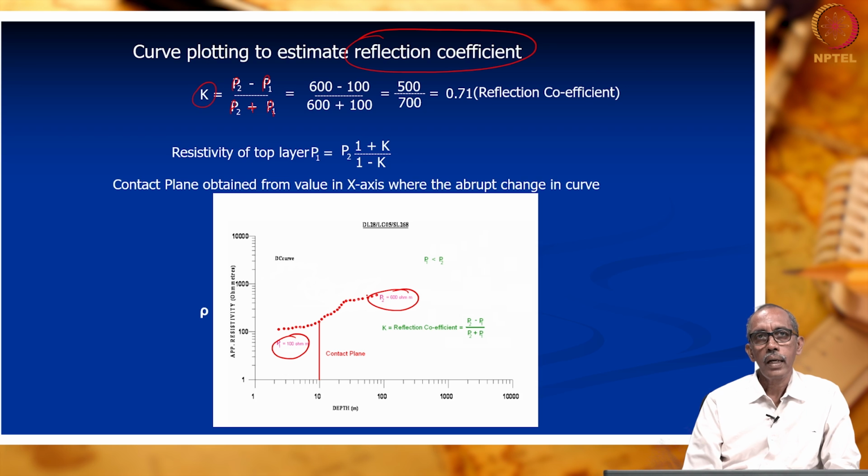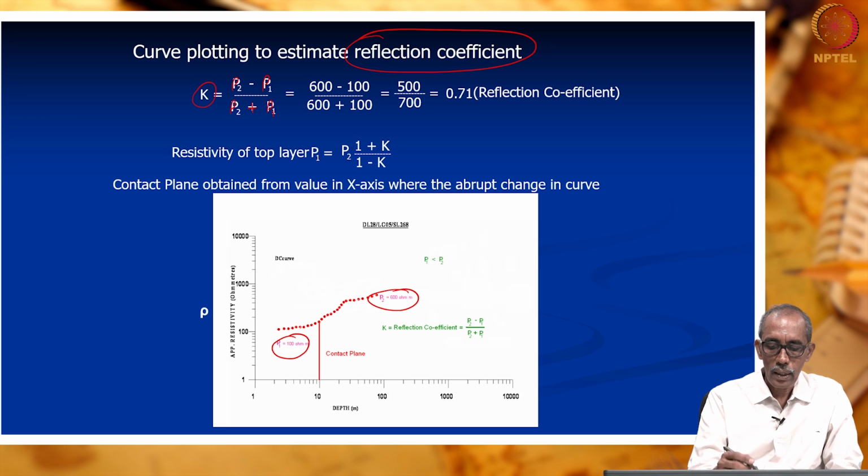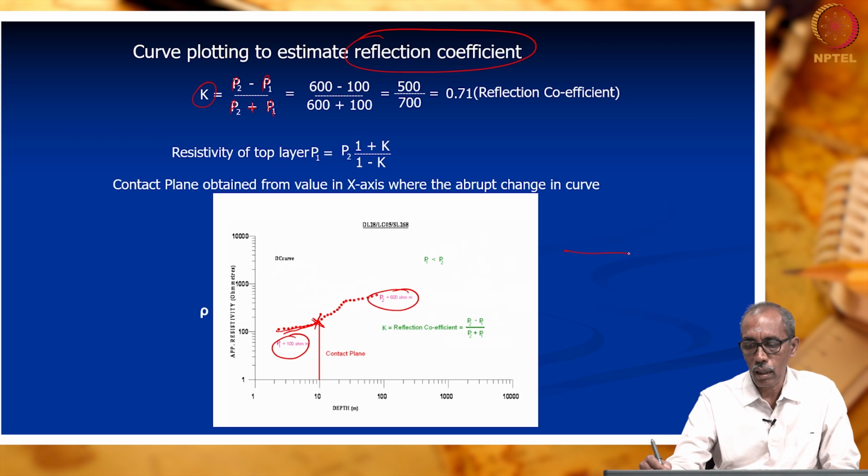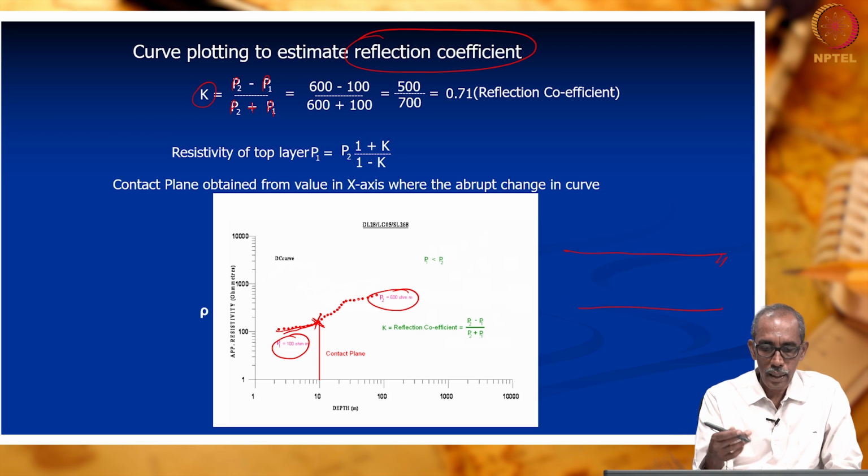How are we able to arrive at the resistivity of the first layer and second layer? We are able to arrive at the resistivity from all these points, right. So, here I have marked this point as the inflection point. That means that is the point where there is a change in the type of the rocks, right. There is a lithological contact. This is the ground surface. At this depth, the rock type or the lithological formation changes. That is why I see a major change in the slope of the line. This is my interpretation, right.